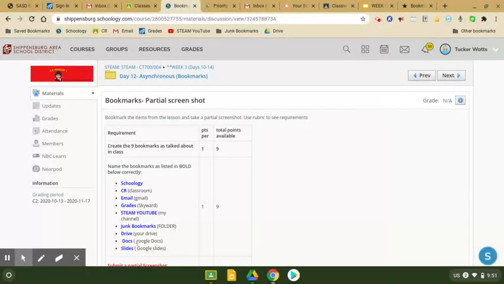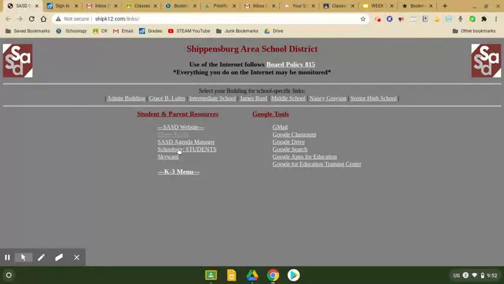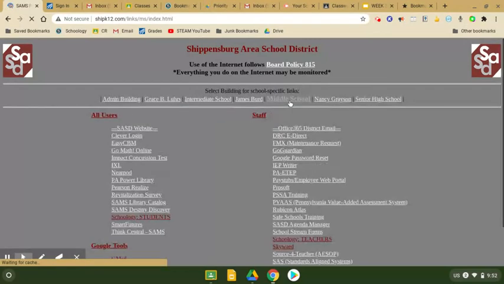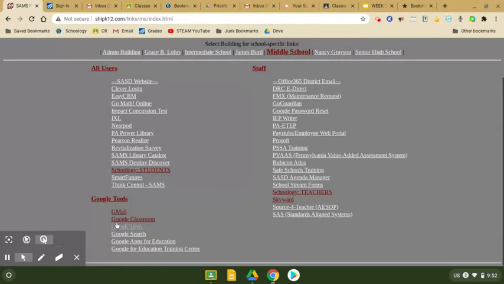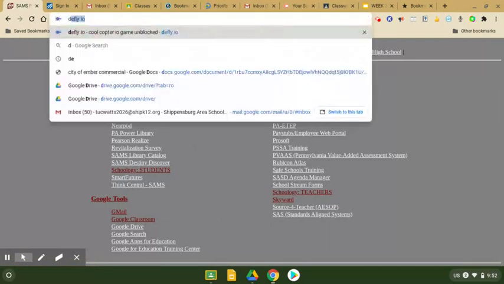The next one is Google Docs that I'm going to bookmark. I don't think you can access that from the gray page of links. You might be able to from the middle school students. Nope. Oh yeah, down at the bottom under Google Tools, Classroom, Gmail. Nope, you don't have that. So you're going to have to go there yourself. So just type in